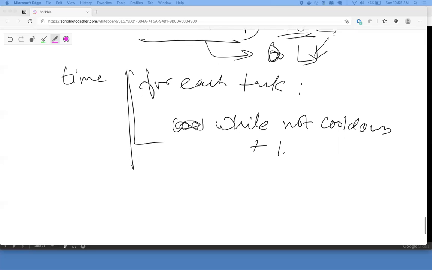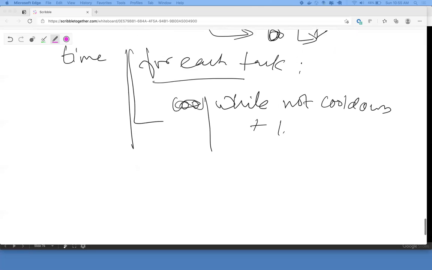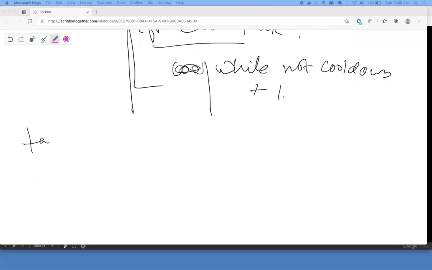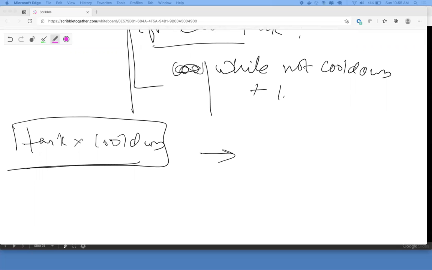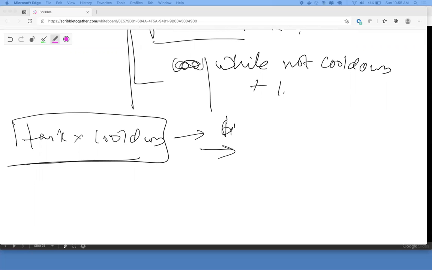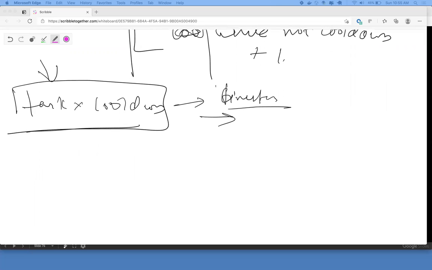For each task, it has to cool down. You can say task into cooldown, but eventually I have the timestamp at the end. I'll return this, the total amount of time it took to run all the tasks.